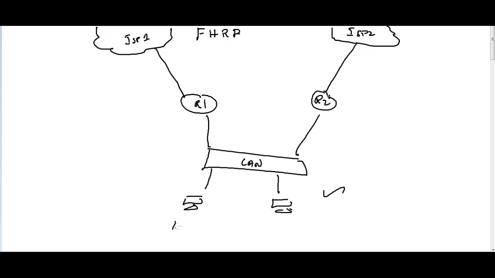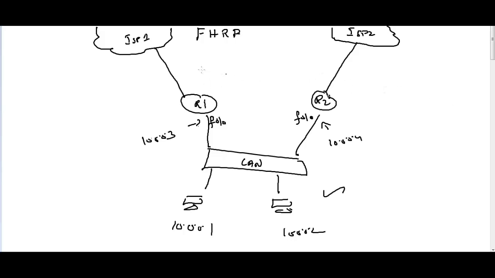Let's say that LAN is in a subnet of 10.0.0.1, 10.0.0.2, and this is a LAN switch. So the IP address on this interface, let's say FastEthernet 0/0, will be of the same subnet, 10.0.0.3, and here 10.0.0.4. Now we have two internet service providers,